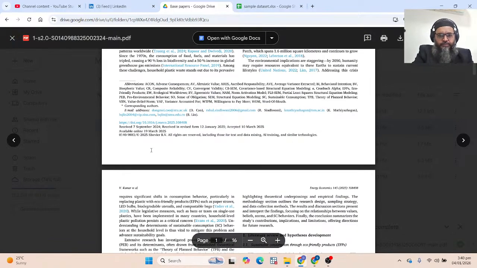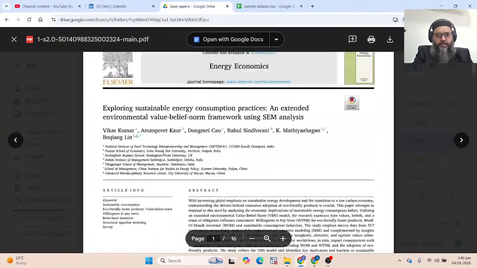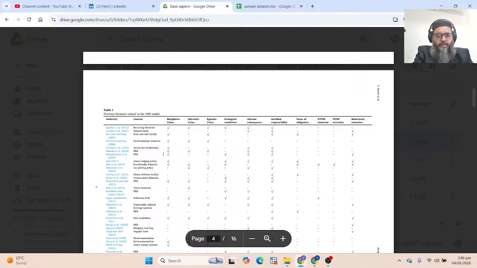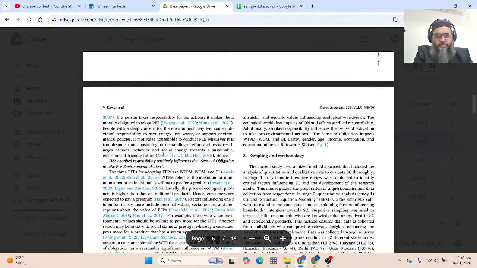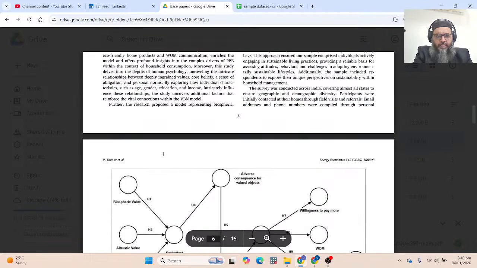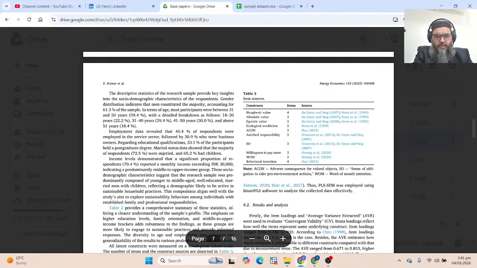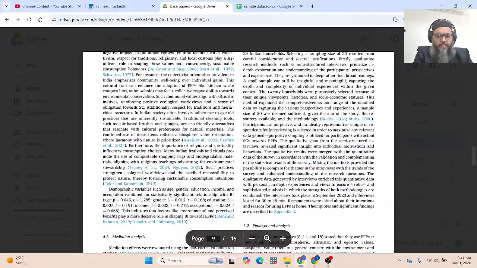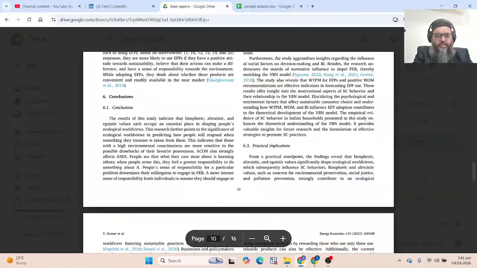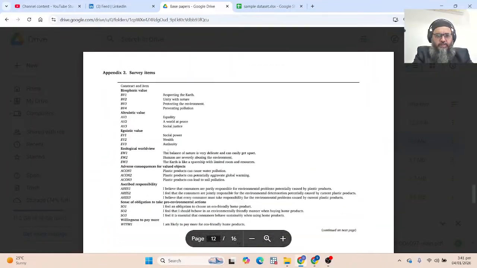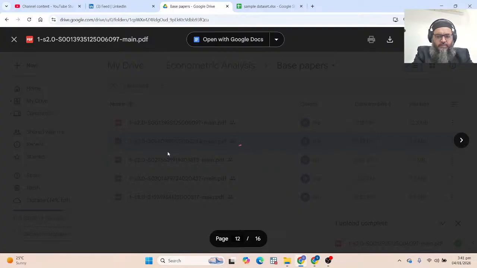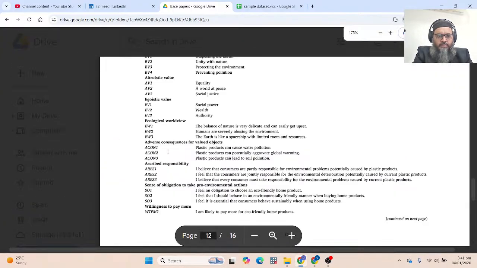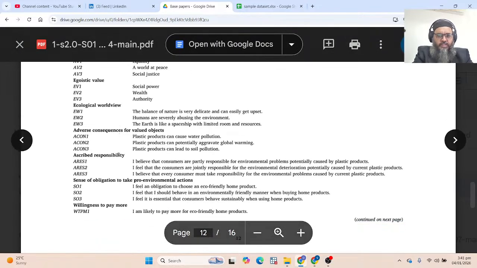This is a study that is PLS based, partial least square. The actual information which is gathered in this study is this. This is the information which they gather.